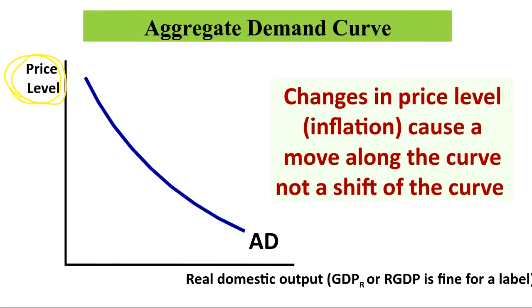As your quantity measurement, we are going to use real GDP. Okay, so you can label that as GDPR. I personally tend to use RGDP. You can write real gross domestic product if you'd like to, but GDP is going to become the delineator as your quantity measure. Because what we want to look at in the economy is, are we producing at the point